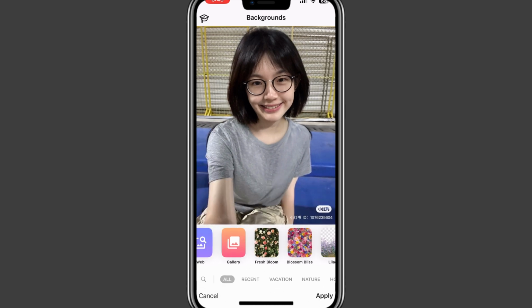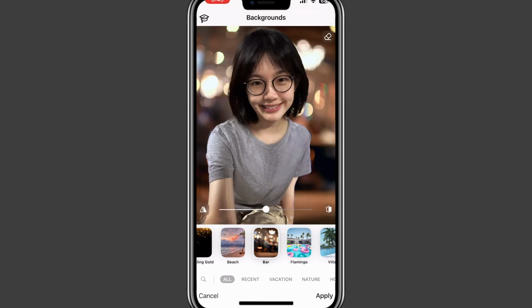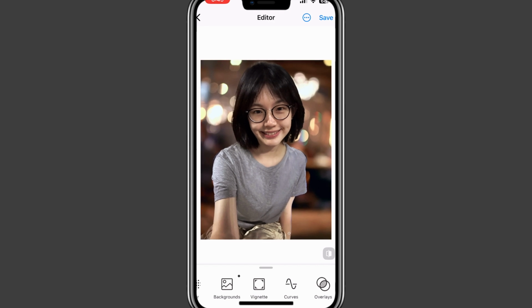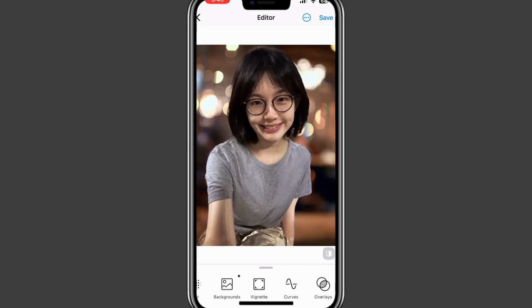From here you can change its background as well. As I have already taught in my previous video, you can watch it as well. Like this, change the background and tap on apply. Now once you have applied your filters, just tap on apply button, as I have already tapped on apply, and